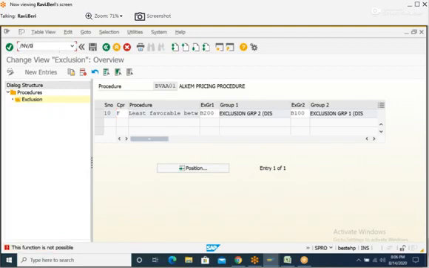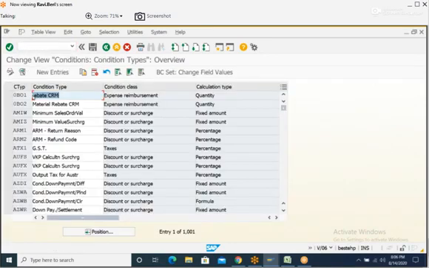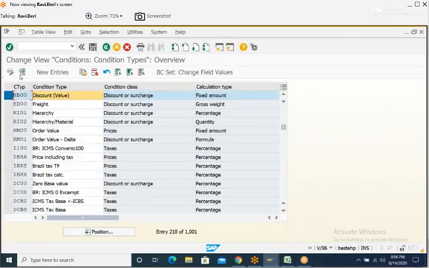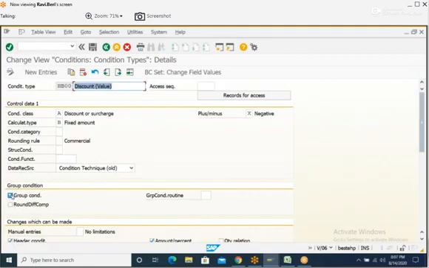If you go to HB00, here group condition should be checked. If you uncheck that, then the amount you enter, 20,000, will not be distributed among all the line items. That is the role of group condition.